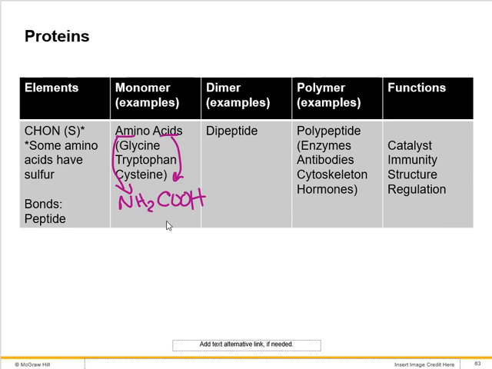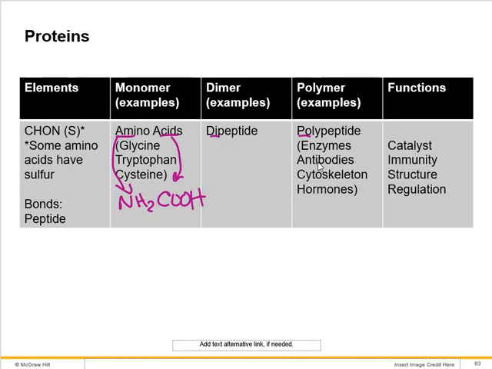So you have a big long chain. All of the amines are pointing in the same direction because the peptide bond is formed between the amine group of one and the carboxyl of another. So dipeptides, meaning it has two subunits. Polypeptide, meaning that you have three of the subunits. And we're not going to worry about examples of dipeptides, but the polymers, the polypeptides like